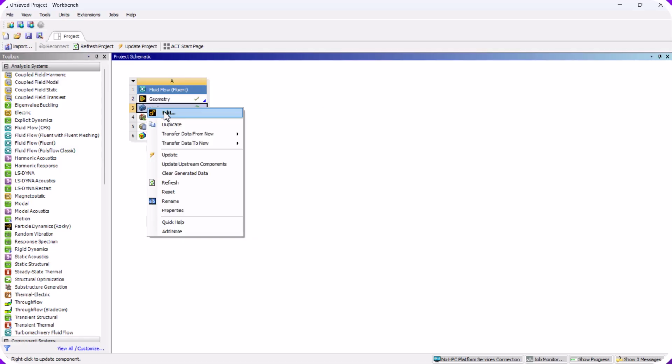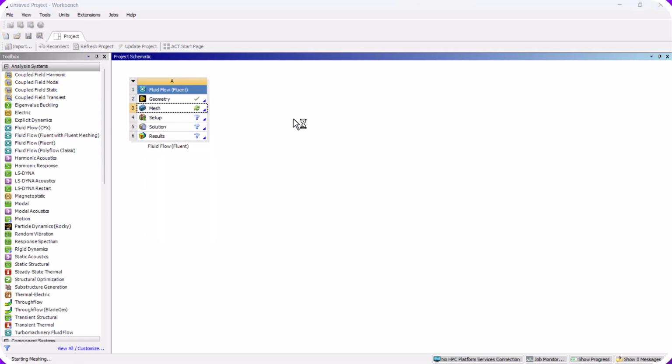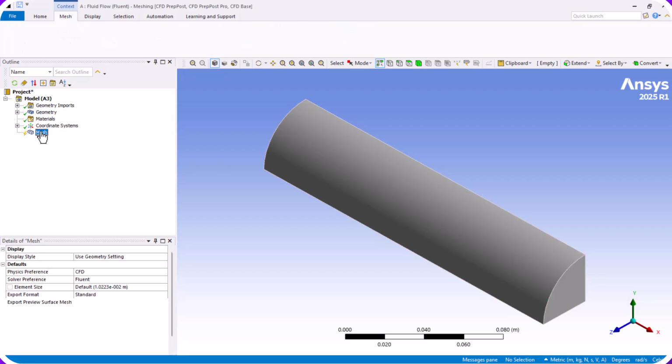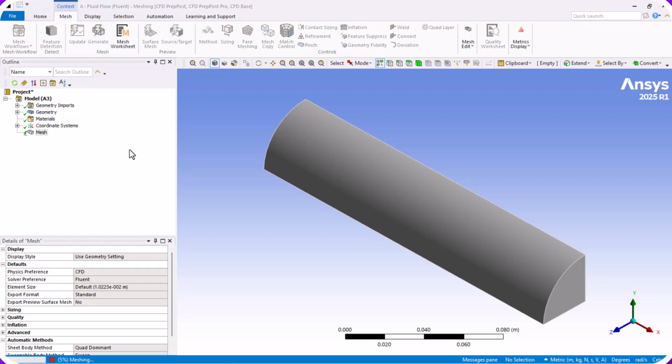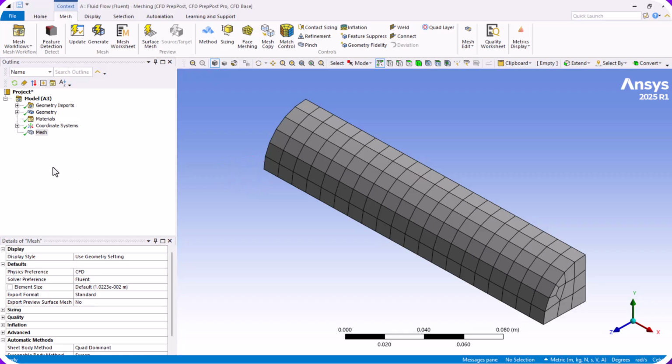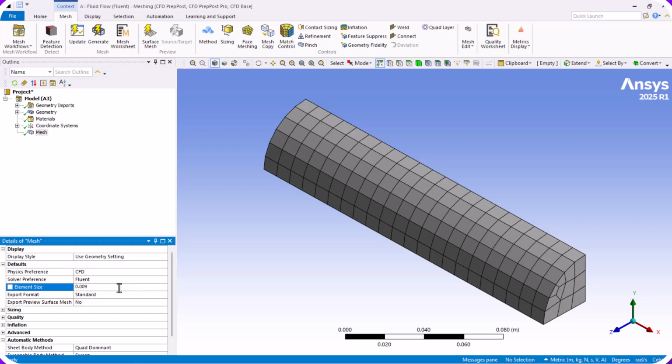Right-click on mesh and click on edit. Click on mesh and click on generate. Okay, we need to increase our number of elements, so click on mesh and here click on element size and we use